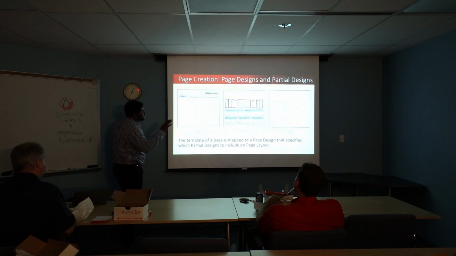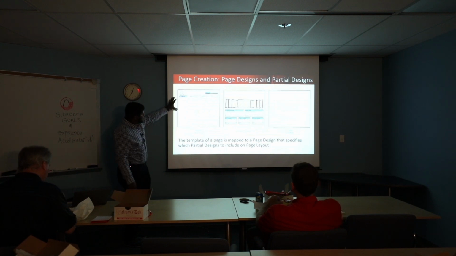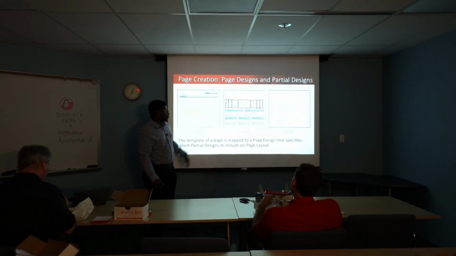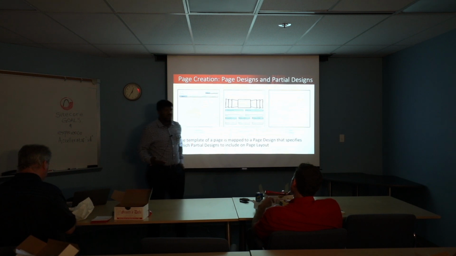Last part of the page creation, page designs, and partial designs: you'll see this is a wireframe, this is a header. We have a partial here. It's on a template itself. Inside of there, we have a component for a navigation link, probably a search up here, some things like that. Then we have the layout itself. You see this has a 2-column grid, and a 2 with 3 columns here. You can create all of those layouts inside of Experience Editor. You can change, you can remove. These are called splitters. So you can go as fancy as you would like